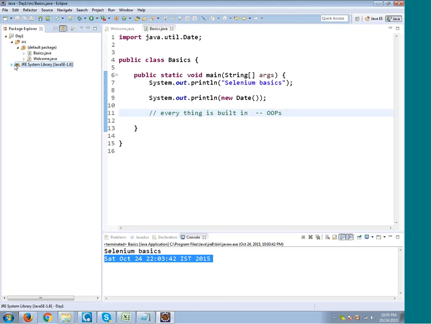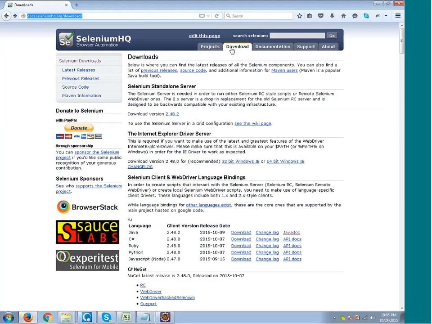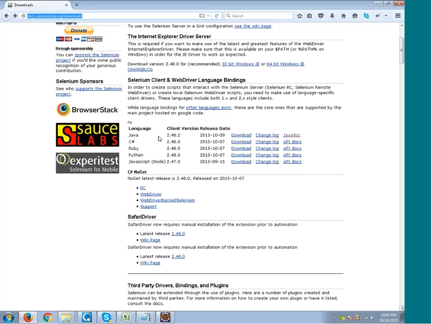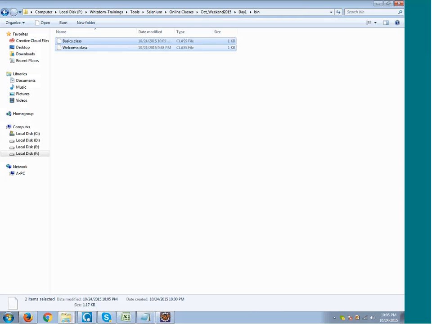I don't have the Selenium jar files, so I have to download them. For that, you need to go to the official website of Selenium, click on the download link, and you will have the Java version available. Click on the download link over here and it will get downloaded. Once you have downloaded it,